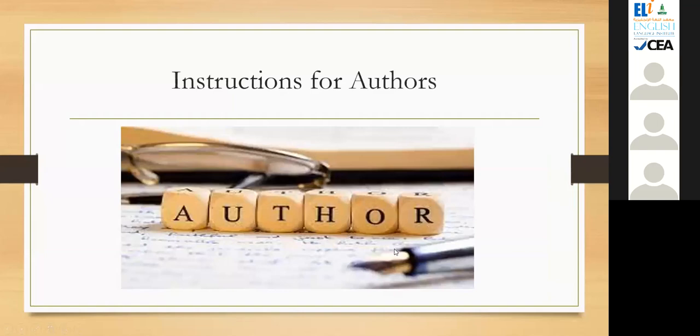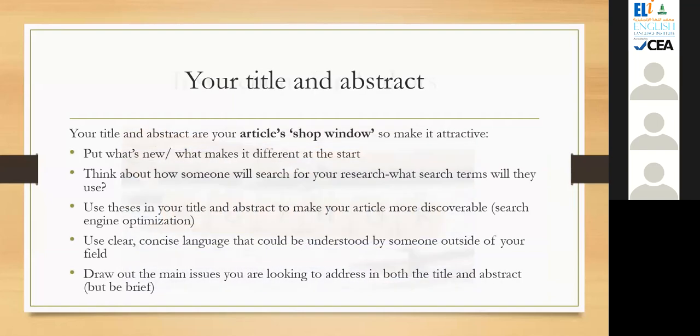So let's look at the authors. You as an author, as I said, your title and abstract. Why am I trying to emphasize this important thing? Your title and abstract are your article's shop window, as I said. So make it attractive. Make it attractive. Put what's new, what makes it different, at the start. Think about how someone will search for your research. What search terms will they use? Use these in your title and abstract to make your article more